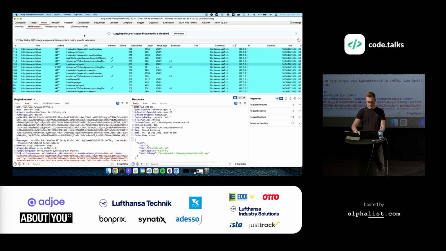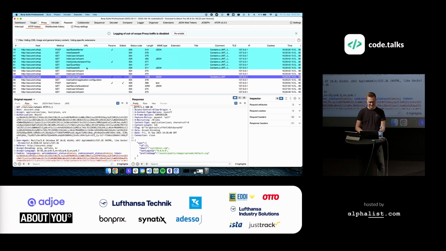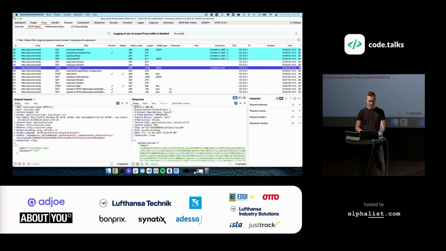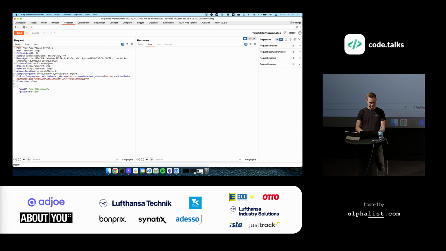Okay, so the next thing I would like to look at, ironically, I will spend just 1 more second in Burp Suite for that, is I will go back and search for this request, which is the login request. Also, very handily, it's highlighted for us, and I will send it to the repeater again. You can use shortcuts heavily in Burp Suite as well, so Command R and Control R, whatever you are working with. And let me quickly rename this tab. So this is the login request, and we can also